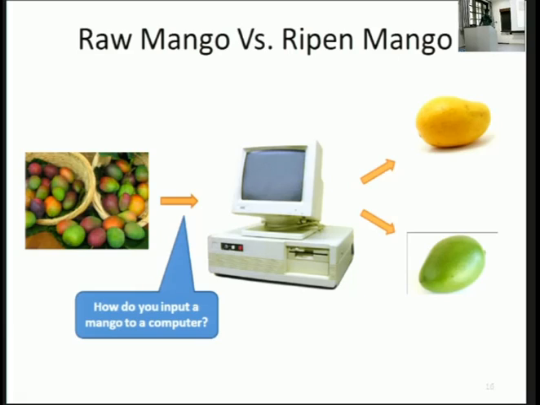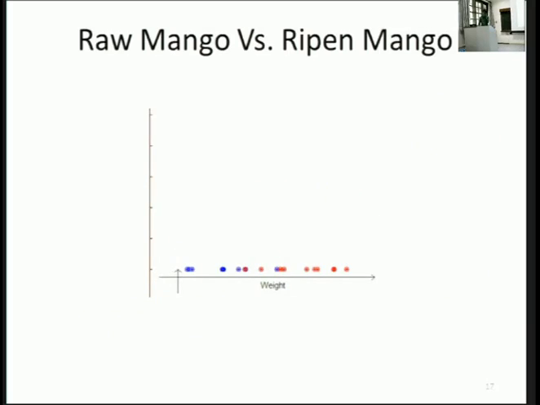These things we call features. The idea is that whenever you want to put a real life thing into a computer, computers can only deal with numbers precisely. So we use some sensors, take some numbers from them and give them to the computer, and then the computer can decide, put an equation, do whatever it wants. So the idea is, how do you give input to a computer? Into a computer, you put some features.